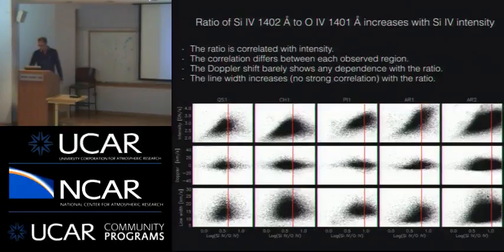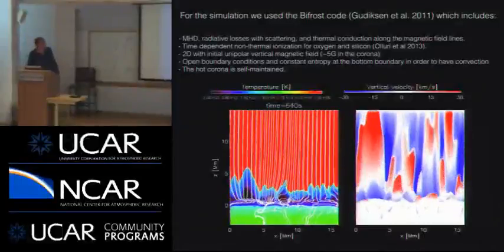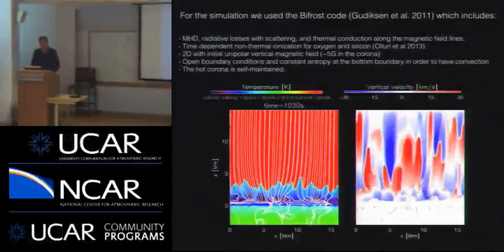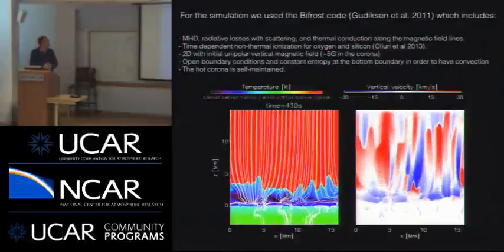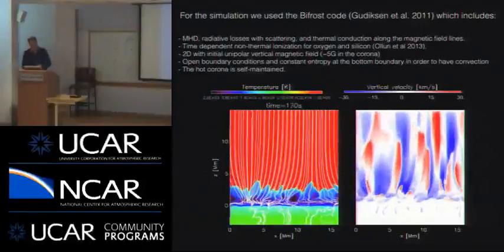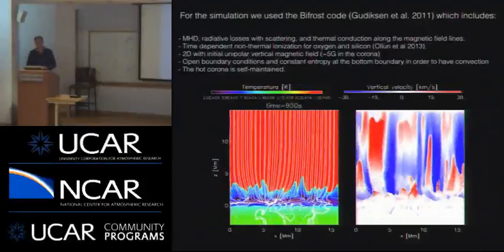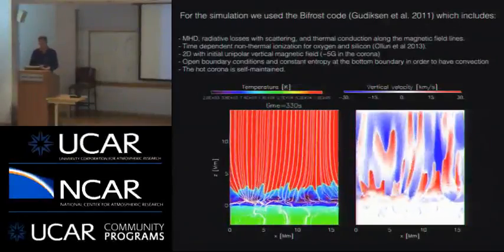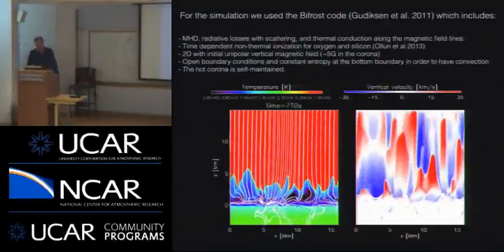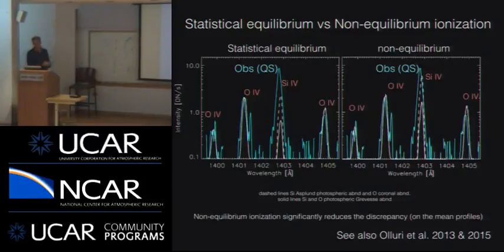And what are these things telling us? Well, now we go to the simulations. These are 2D simulations run with Bifrost, which includes radiative transfer with scattering and conduction along the magnetic field lines. And we include in these simulations the solution of oxygen and silicon with non-equilibrium ionization. If you remember the first plot that I showed, that was with statistical equilibrium, where we can see that the ratios don't match. When we do the same for the non-equilibrium